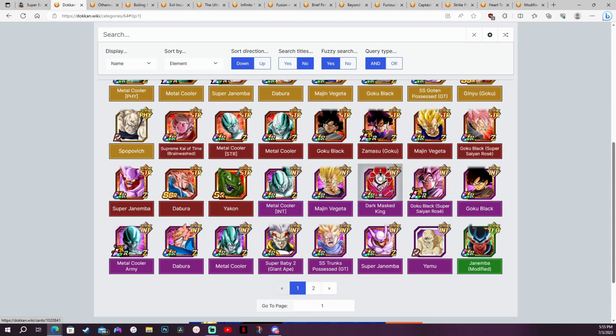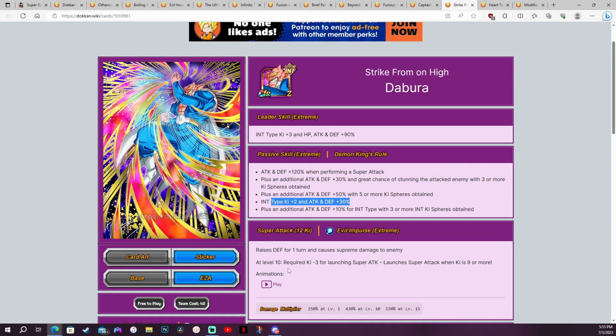So yeah, that is kind of interesting. Well, it is a piece of his kit, but he definitely doesn't need to rely on it to be decent, right? And then he's also getting a defensive raise on his super attack effect. So if you compile all of these stats that he's getting, the 120% on super, the 30% raise on super, the 30% defense with 3 key spheres obtained, the 50% defense with 5 key spheres obtained, and then the 30%